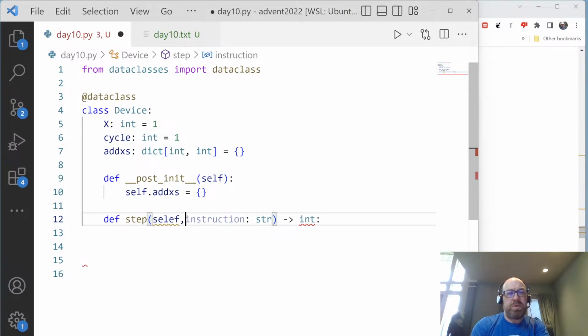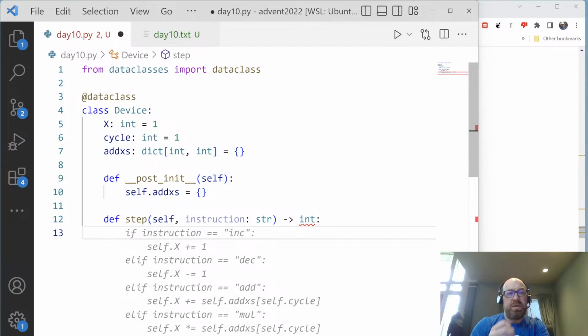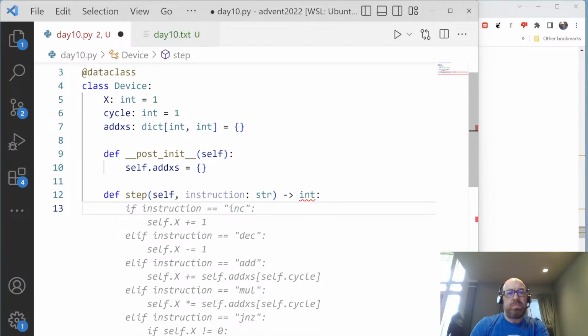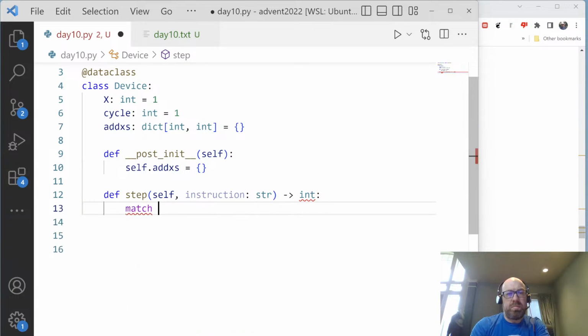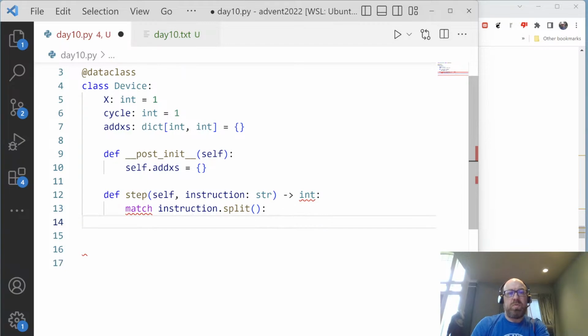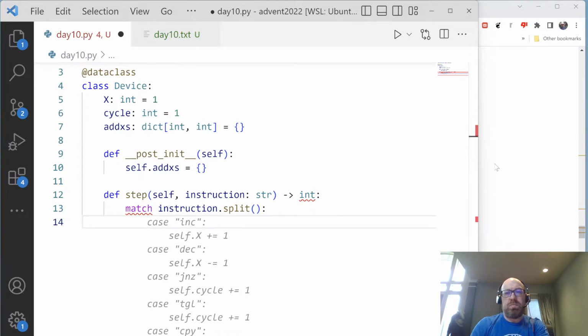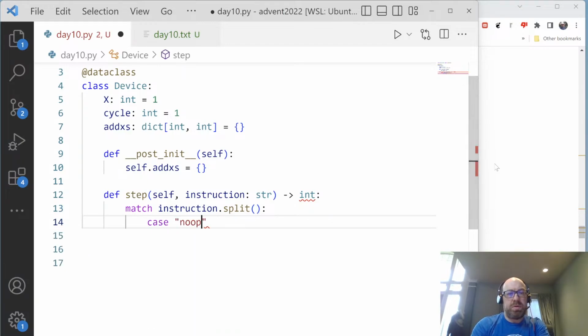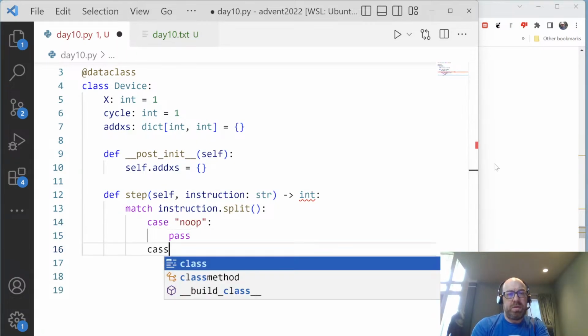How am I going to do this? Match instruction dot split with case noop, pass, and then